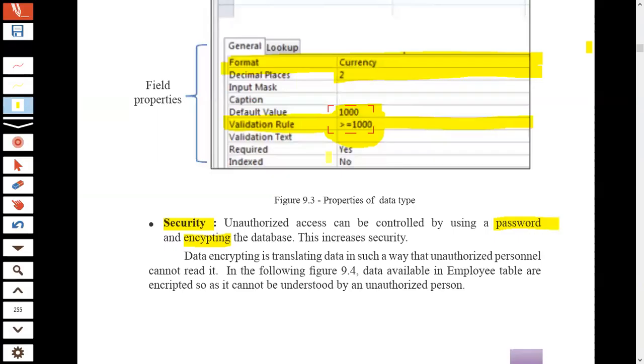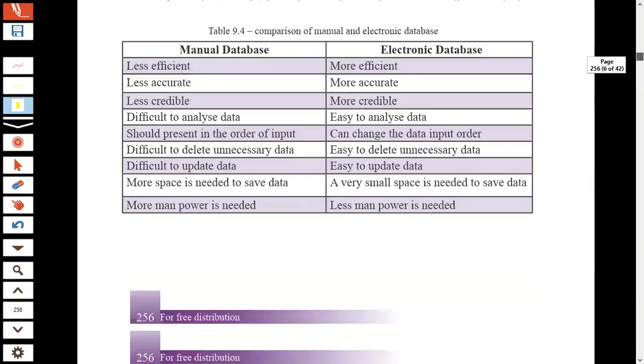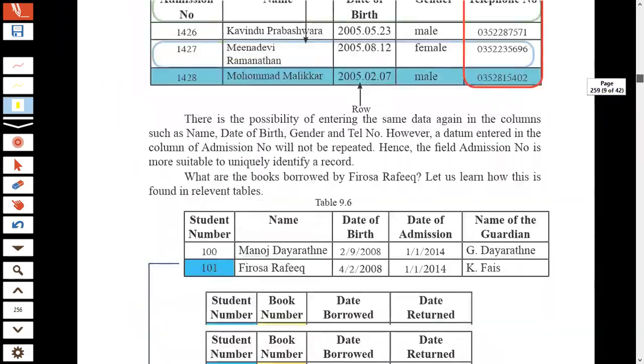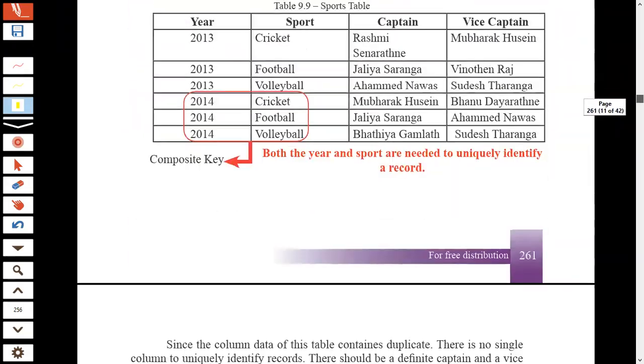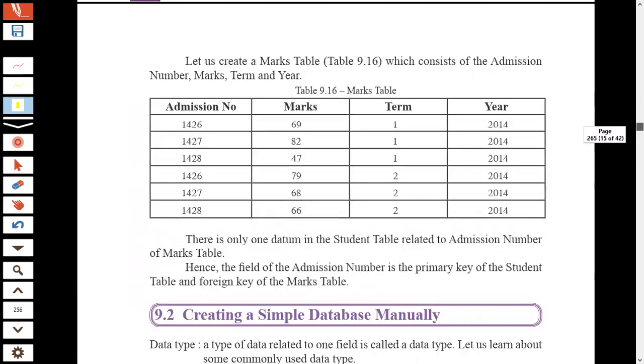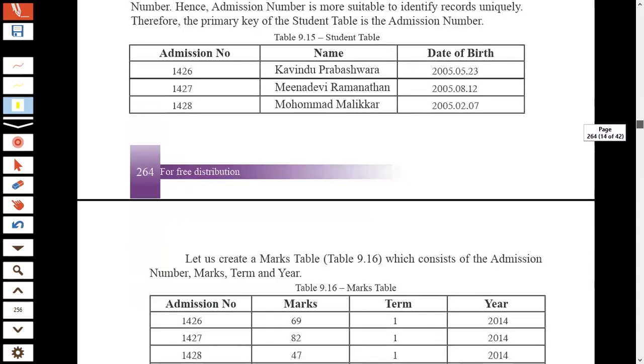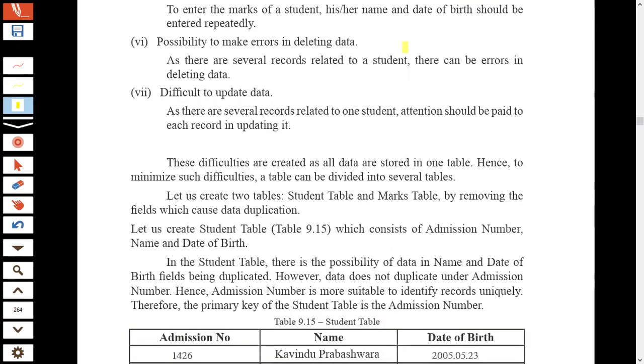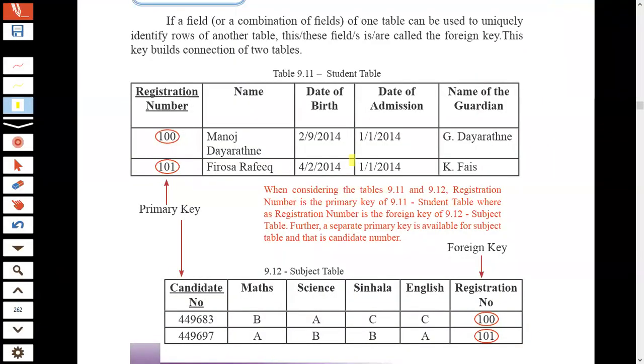If we see this foreign key, in this example, registration number is the primary key of the student table. So there is a number for that student.